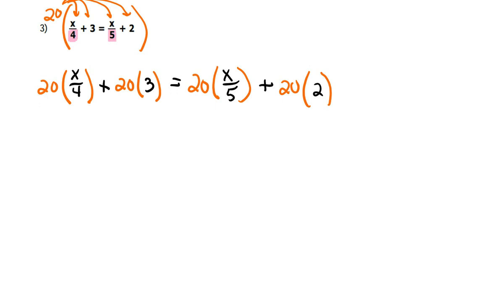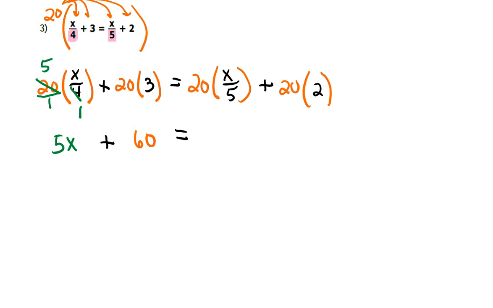Okay, now only 2 of those 4 terms will you have to cross cancel, and the first one will be 20 times x over 4. Remember, this is really like 20 over 1. So 4 goes into itself once and it goes into 20 5 times. And a 5 over 1 and an x over 1, that's just 5 times x. So this whole thing here just becomes a 5x, plus 20 times 3, that's 60,